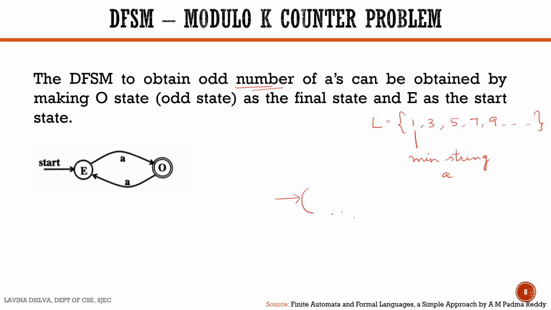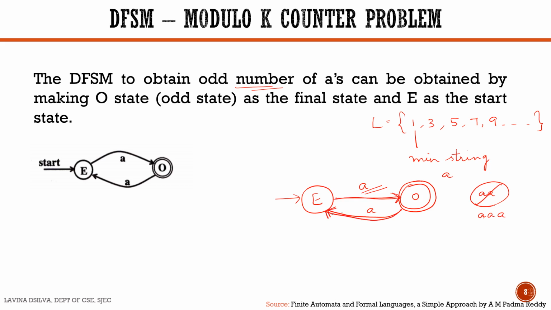So, in case we are drawing the skeleton DFSM, then on state E, which is our start state, we give A, the first input, which goes to state O, and since A is the minimum string, this becomes our final state. In case on state O we are giving an input, then it goes to the even state. Okay, we finish with two strings. This is 2 A's. This does not belong to the language. The next string which belongs to the language is 3 A's. So it will be first A, second A, third A, and this is a final state. So it goes on like this.